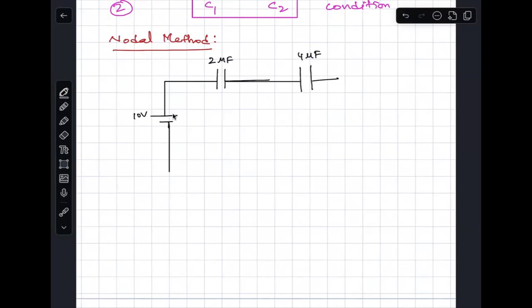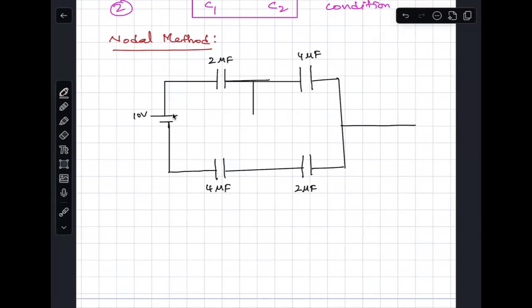This is 4 microfarad. This is 4 microfarad. And this is 2 microfarad. And again,